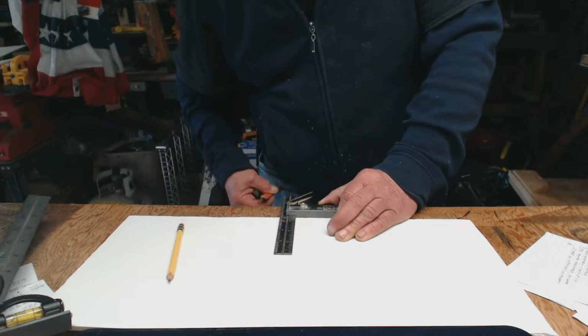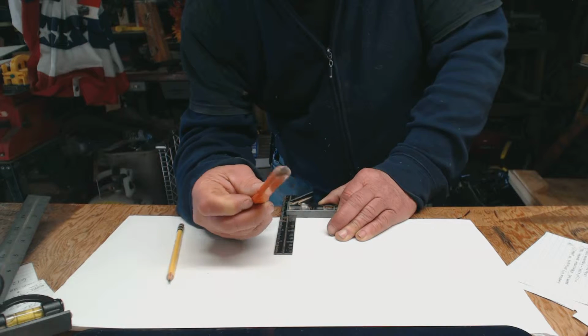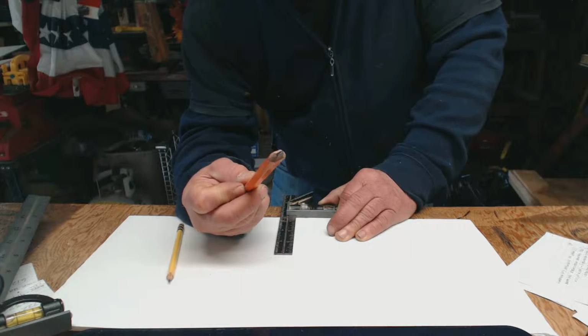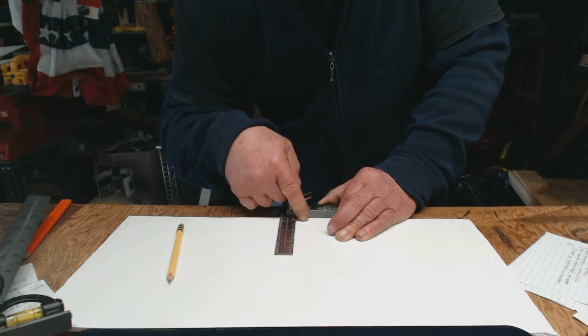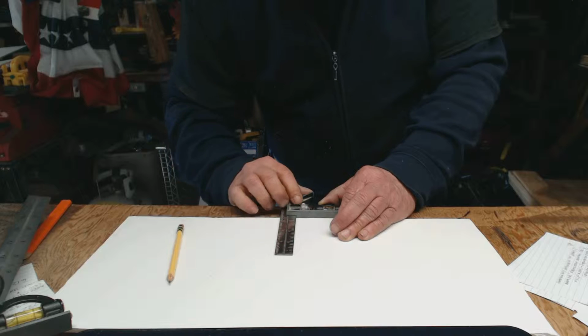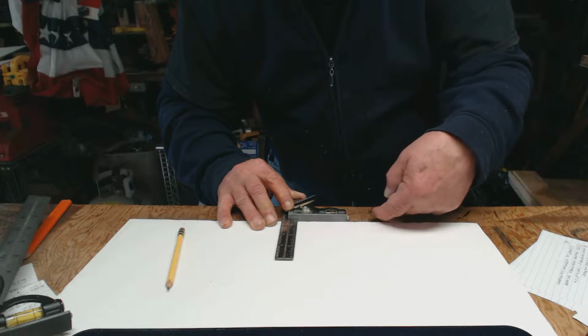A sharp pencil. Not one of these. The lead is too blunt, it's too thick, it's not going to be accurate. We're going to make sure that this part of the square, right,